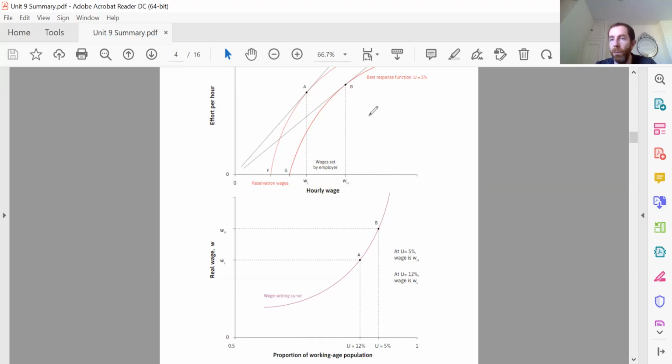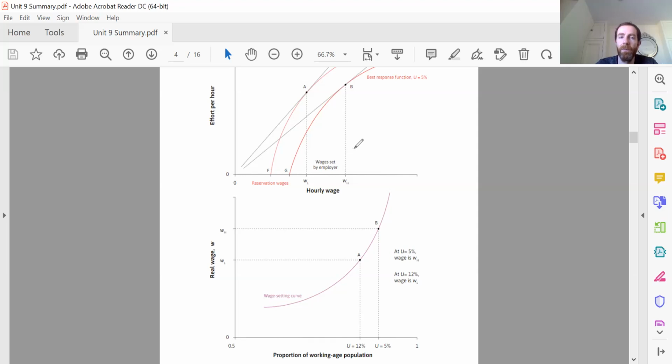And we could imagine going back up to this diagram and doing the same thing for best response functions for unemployment levels of 1, 2, 3, 4, 6, 7, 8, all the percentages, and figuring out what the firm would do in terms of what wage they would pay. And if we did that, we could then construct this whole curve, right? We would then know at every level of unemployment, what wage would firms actually pay? What would be that minimum wage they could get away with that would get workers to put in effort? So that's how we construct this wage setting curve, through thinking about this labor discipline model